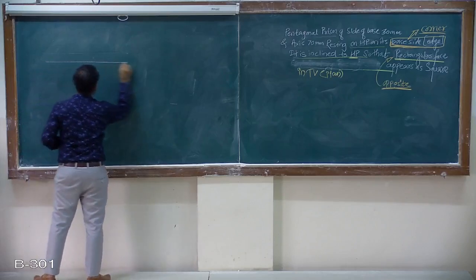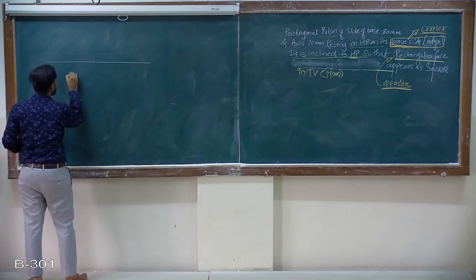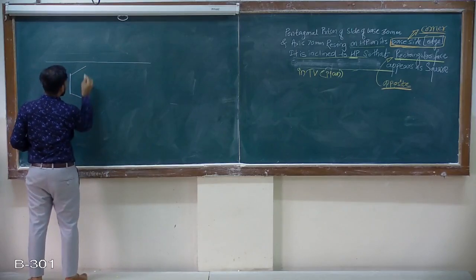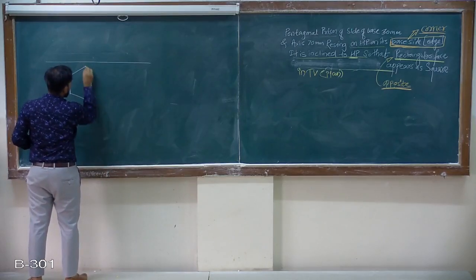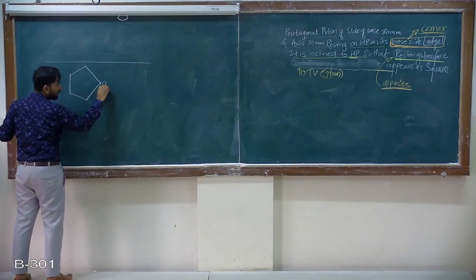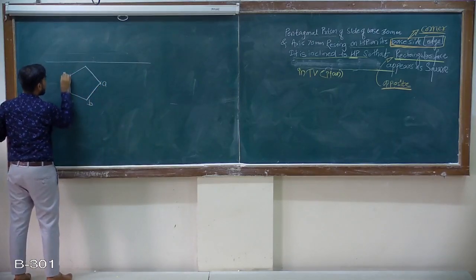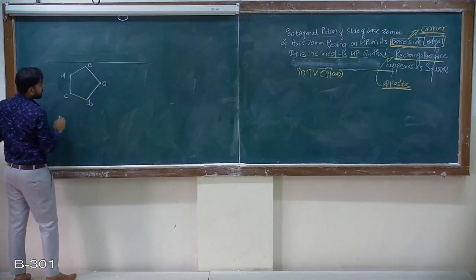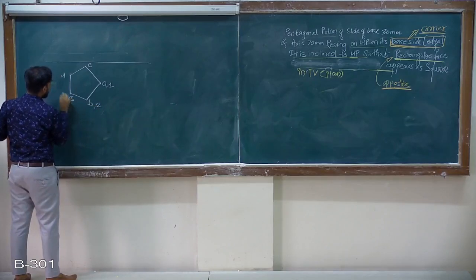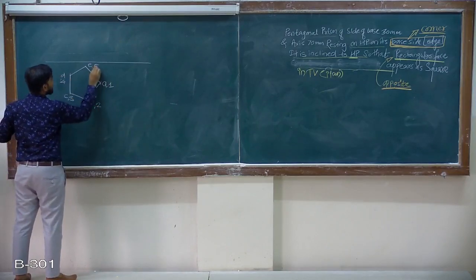So pentagonal plane resting on corner. So I need to start with the side. Let's say I'll take a corresponding 30 mm side. I will draw a pentagonal shape resting on corner. So this is corner A, B, C, D, E. Right? As if prism,